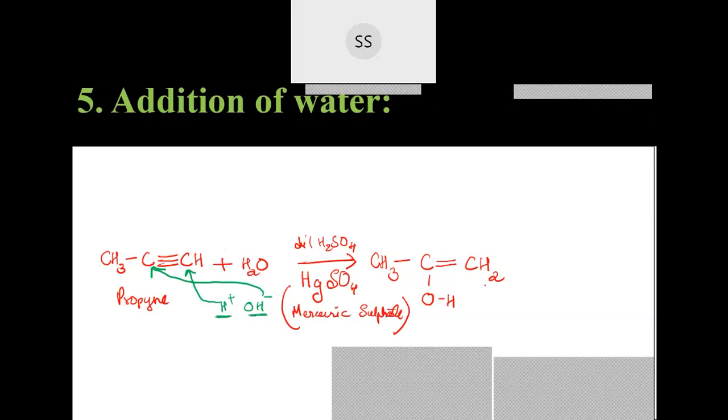Now after this, what happens? After this compound has been formed, there is a rearrangement of bonds taking place. The electrons of the OH bond shift between the carbon and carbon, and when the bond shifts over here, carbon valency becomes more. They will get 5 bonds, due to which this pi bond will be shifted to this side.